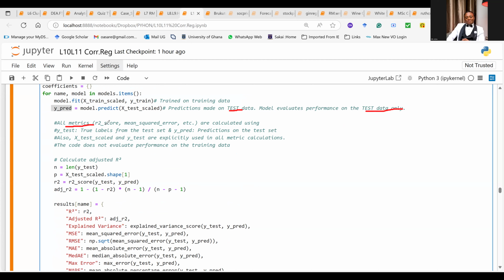All the metrics you're going to see, the R squared, all of them are going to be calculated using the test set. Because the test set will indicate whether your training was good. It's like if I give you 3 different mock exams, you get 80%, 90%, and then 95%. It kind of suggests that you are likely to do well in the actual exam.